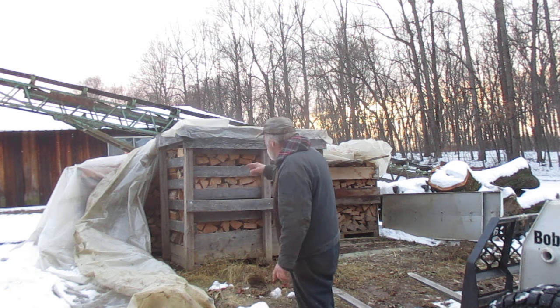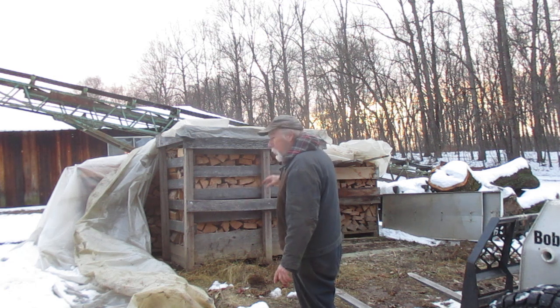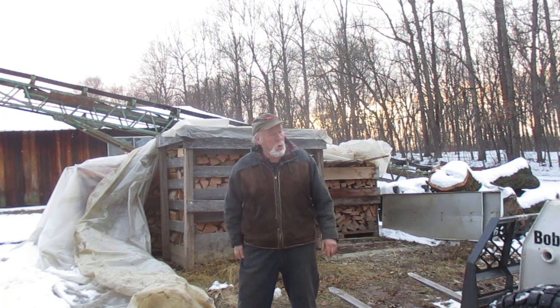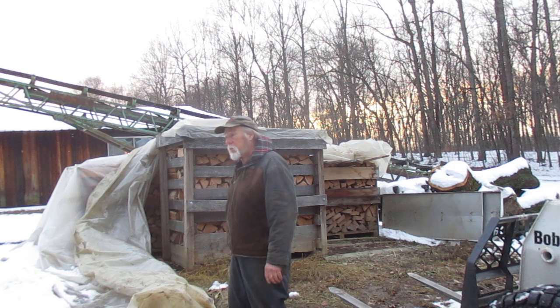I was thinking about getting this wood and just covering it up. I was going to bring it down yesterday. But then I thought, we've got 4 or 5 days of rain coming in. You're not going to get in and out of this mud hole. You're just not going to get in and out. So I'd have to get into my emergency